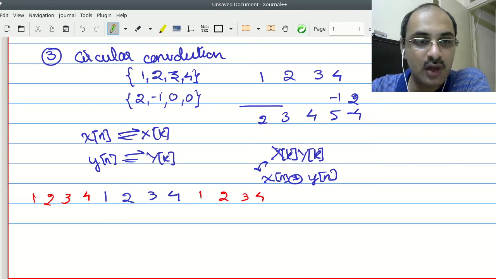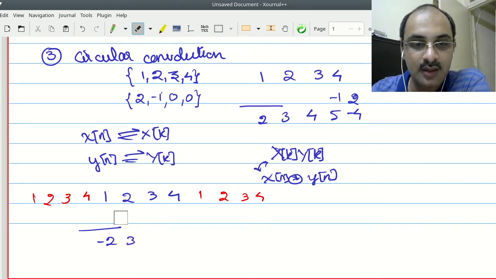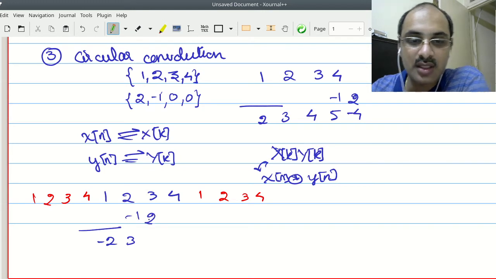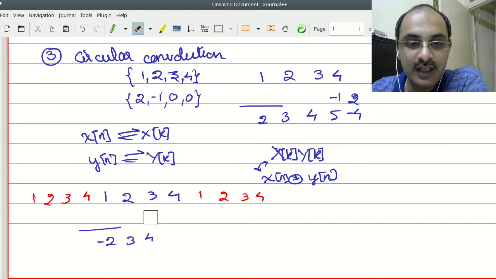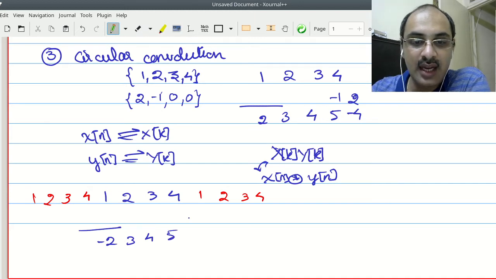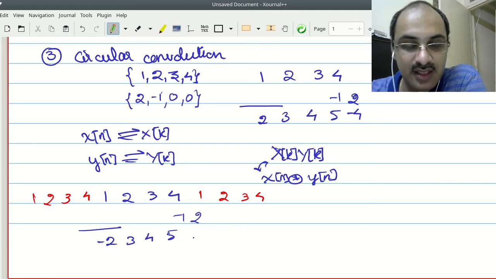Now if I want to perform the convolution, I am going to perform the same steps but with this new sequence. So 2 minus 4 is minus 2, then I will put 2 minus 1 here, 2 2s are 4, I will get 3, then I will put 2 minus 1 here, 3 2s are 6, I get 4, and finally I will put 2 minus 1 here, 4 2s are 8, 8 minus 3 is 5. Okay. And again if I put 2 minus 1 here, it is the same as what I would have got here. I get the periodic extension of this. So 2 minus 4 is minus 2, and so on again.